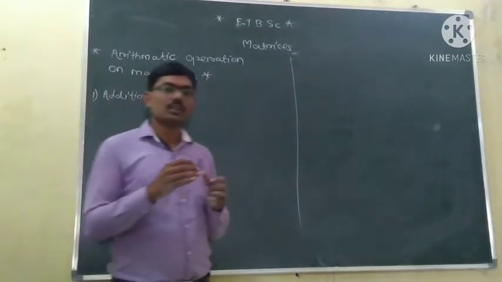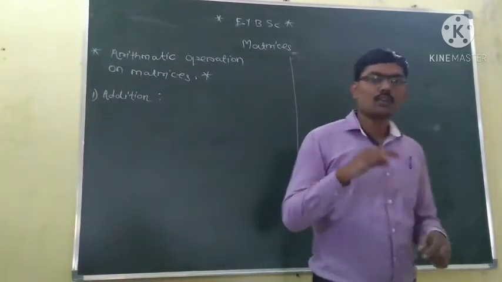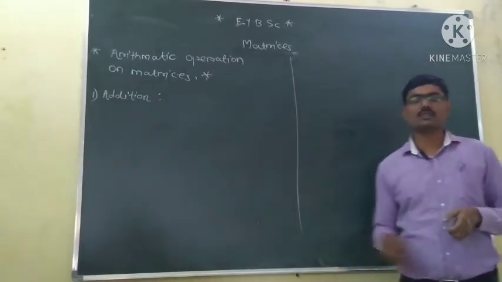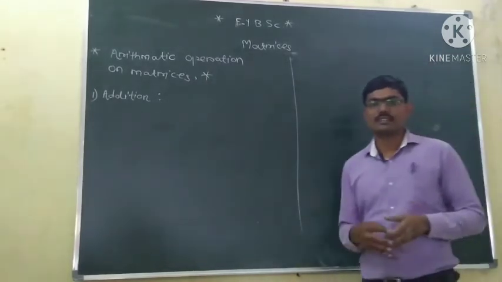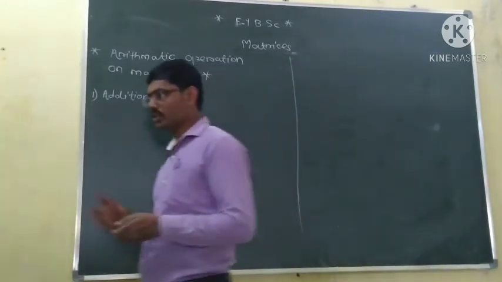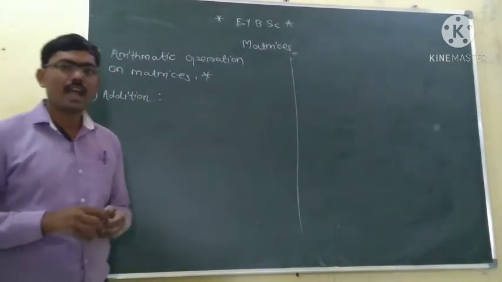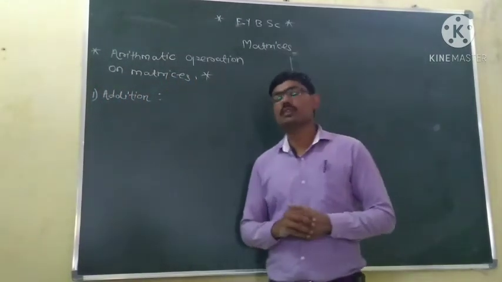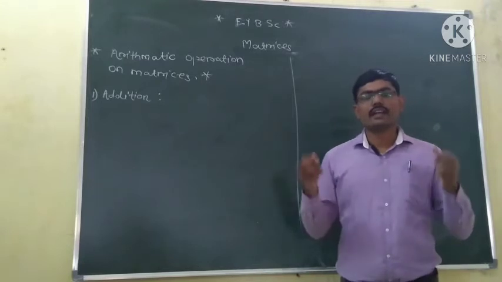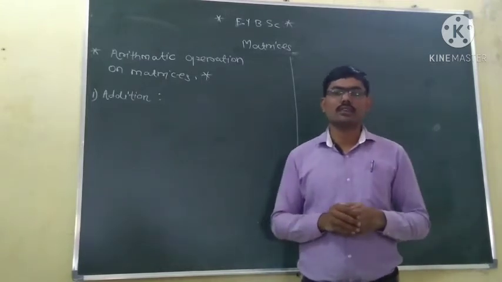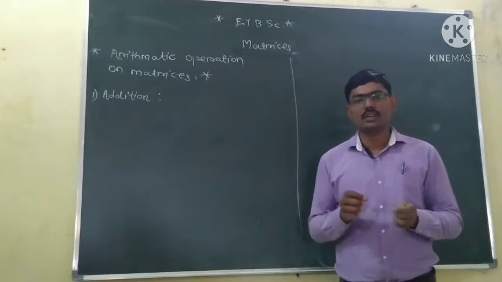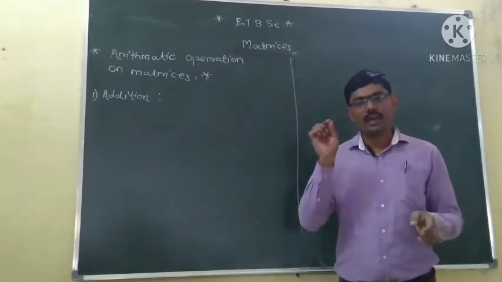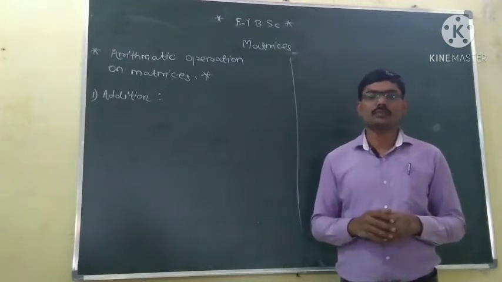So how matrix addition is done, how matrix multiplication is done. You may have seen some basic rules, but again we will revise those ideas. The first operation is the addition of matrices. The first question is, can we add any two matrices? If you are given any two matrices of any order, can you always do the addition of matrices?